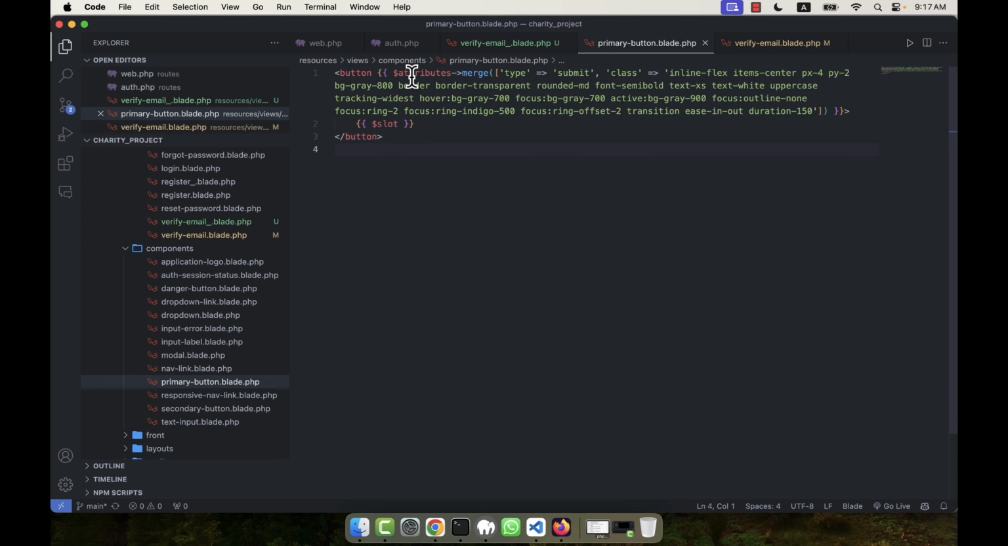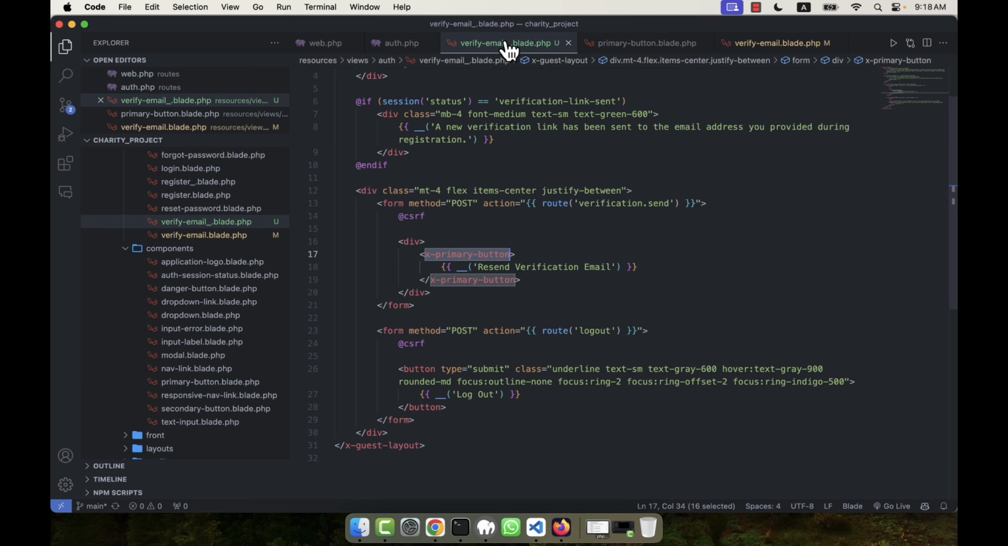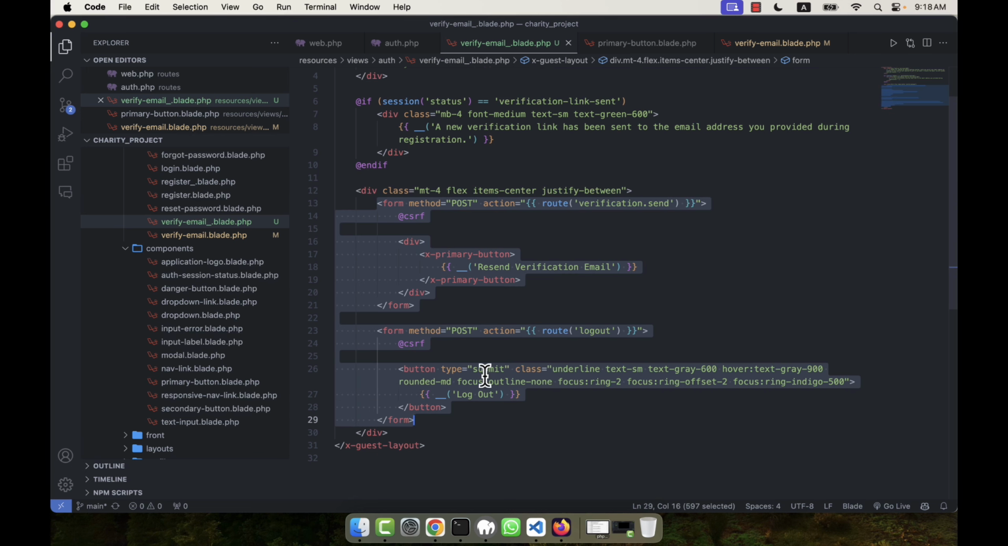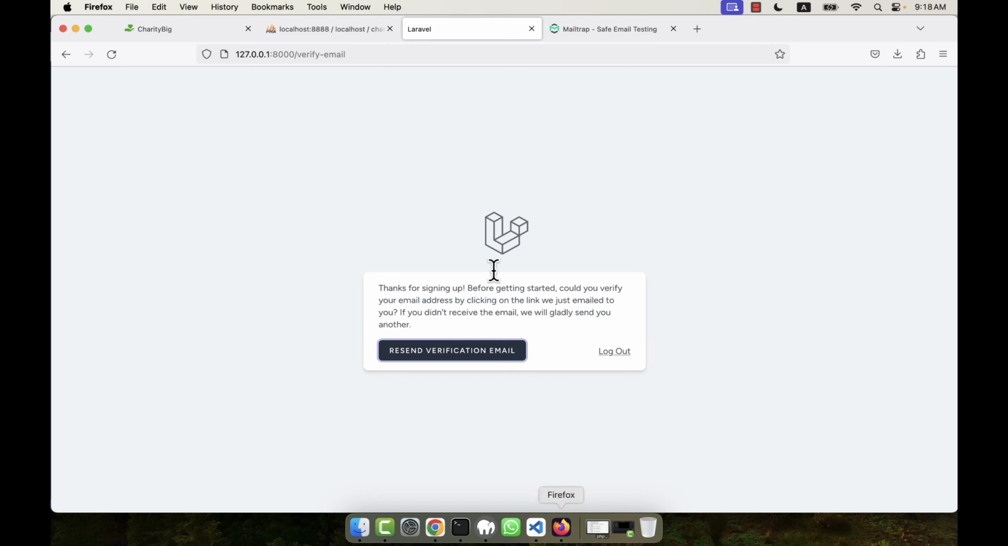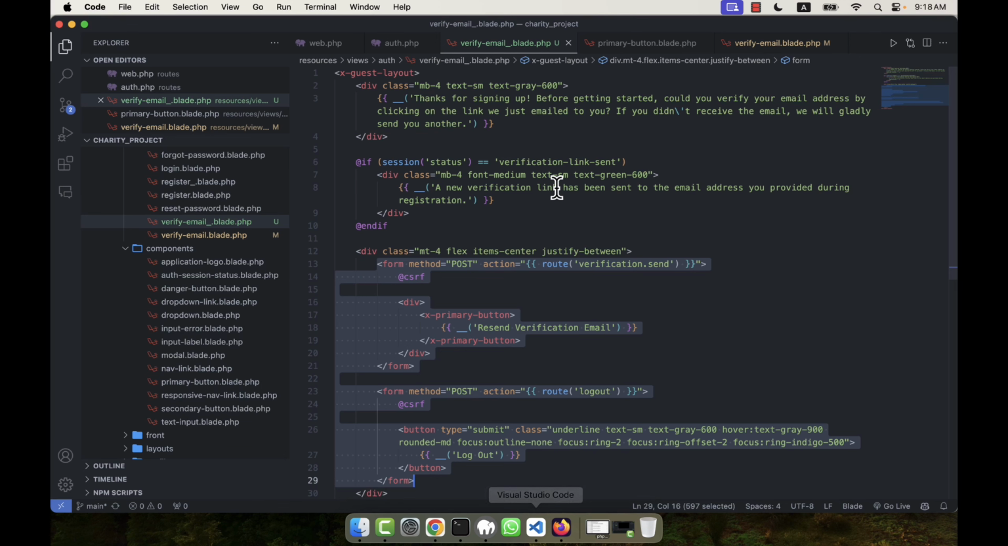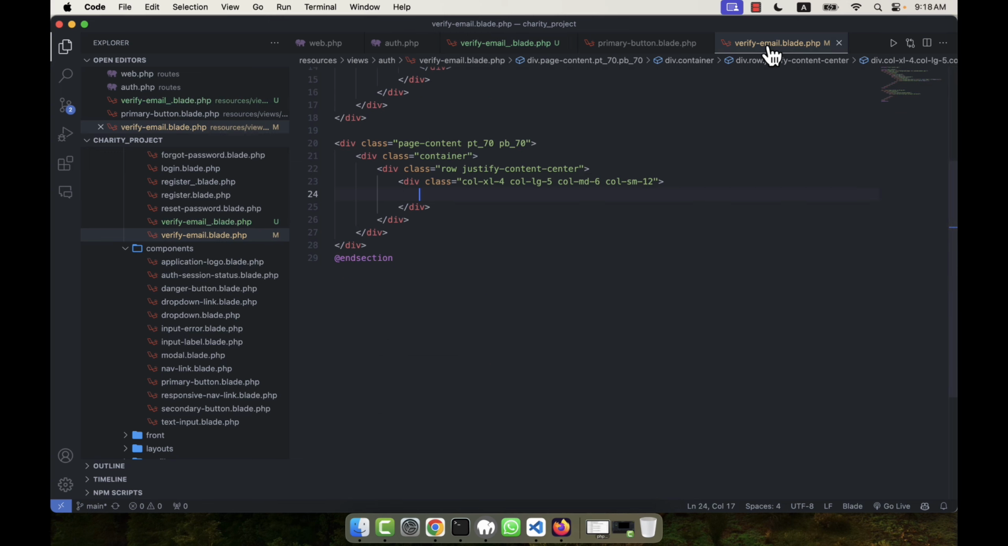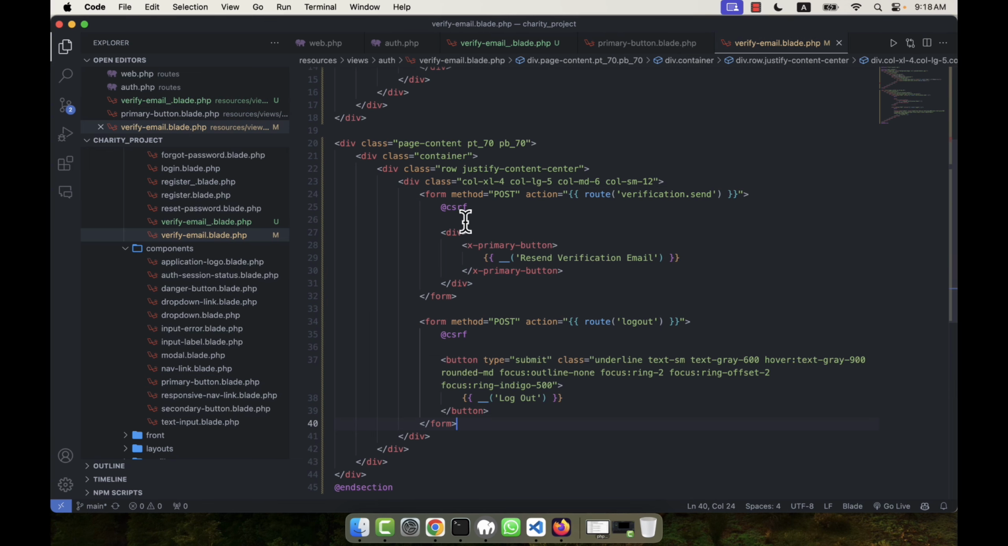And in their component they use the button attribute, where type equal to submit, class equal to this one up to this, and this is the slot, okay, no problem. So here is primary button. I am going to copy this, these two items I am just going to copy from here. And here is: a new verification link has been sent to the email address provided during the registration. Here if I click here, something will happen, that is a status equal to this. Okay, now let's check one thing, that is I am going to paste the codes here,